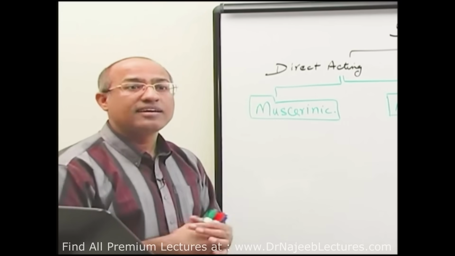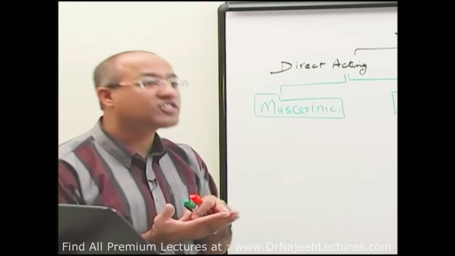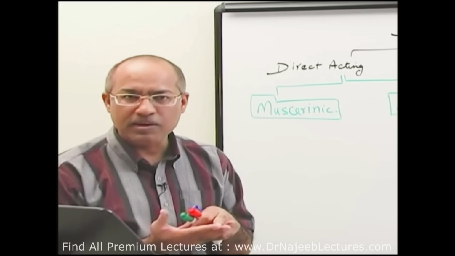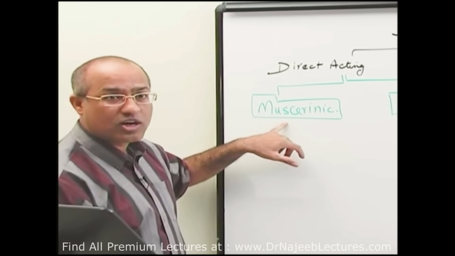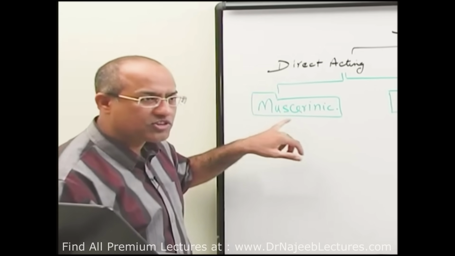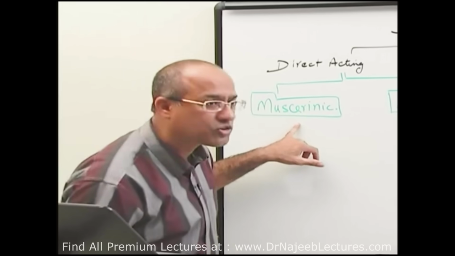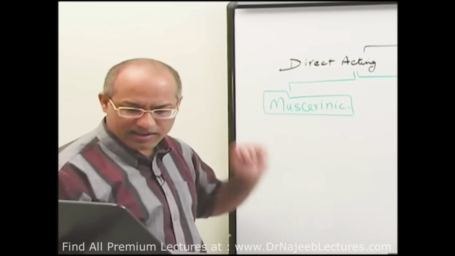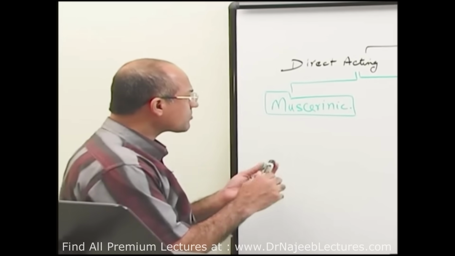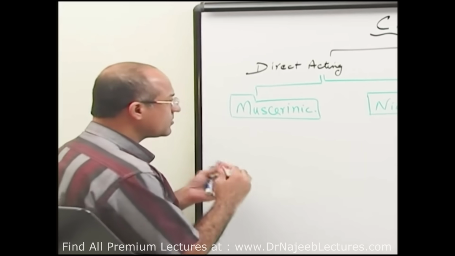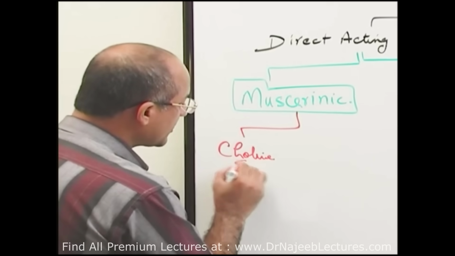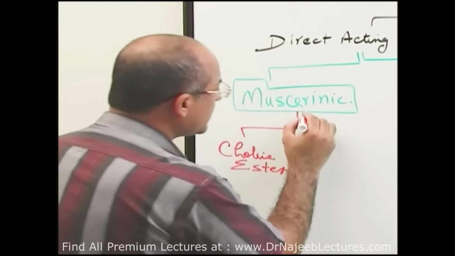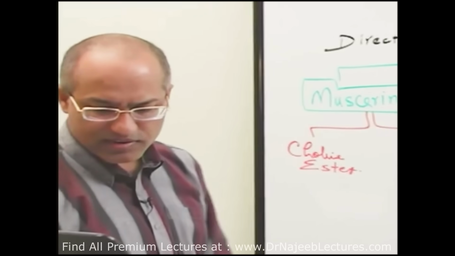because if a drug binds with the receptor but does not stimulate, then it is an antagonist. But if a drug binds with the receptor and stimulates, then it is an agonist. So of course, now we are going to talk about muscarinic cholinergic drugs. It means these are muscarinic agonists. This group of drugs can bind with the muscarinic receptors and stimulate them. Am I clear? Right. Now in this case, there are two types. Some of the drugs are choline esters, and others are derived from the plants, that is, they are alkaloids.